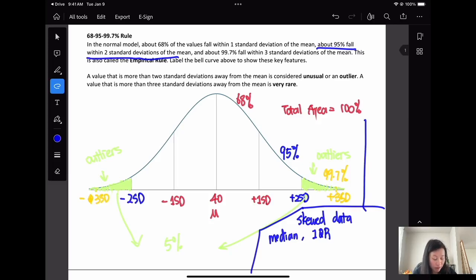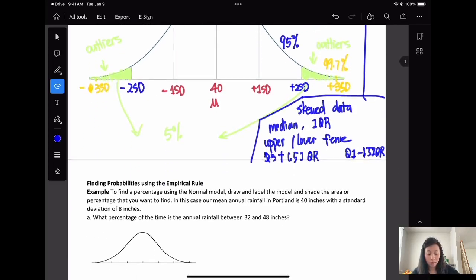If the data is outside of the upper or lower fence, it is considered an outlier. So what is the upper fence? Upper fence is Q3 plus 1.5 of IQR. Lower fence is Q1 subtract 1.5 of IQR. So this is a quick review. If you don't remember, please go back to your notes on module 2 and review that by yourself when you